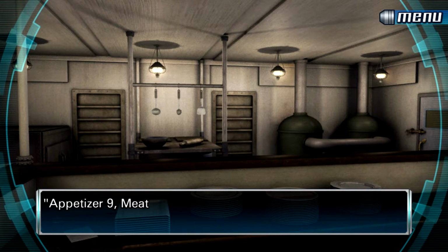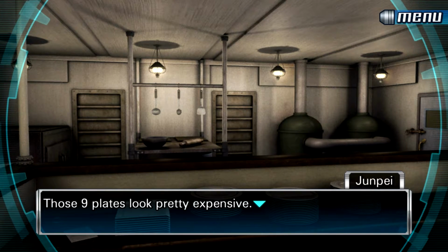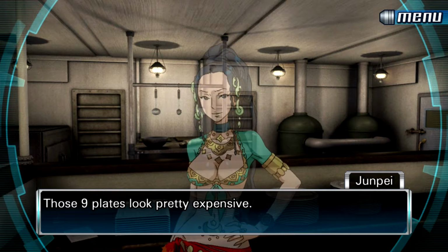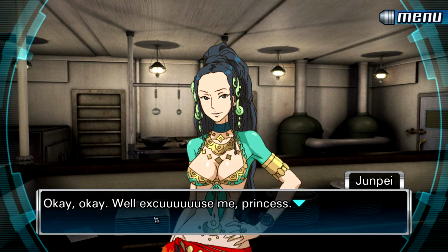A voucher, it says, appetizer 9, meat dish 10, soup A, seafood dish F. Okay, those 9 plates look pretty expensive. Of course, there's 9 plates. And plates for appetizers. Remember, appetizers usually come on square plates. Okay, well,